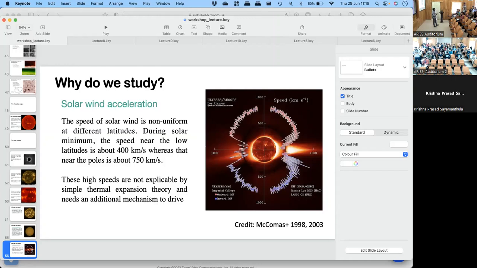The only problem with this is that when you look at the corona, you have these different loop structures. It is highly structured, highly inhomogeneous. Depending on the structure you take, temperature can go up to 20 million Kelvin, 10 million Kelvin, 1 million Kelvin. So the corona evolves over much shorter scales compared to the solar cycle. You don't have a global correlation with respect to the solar cycle, but it evolves much more rapidly over shorter